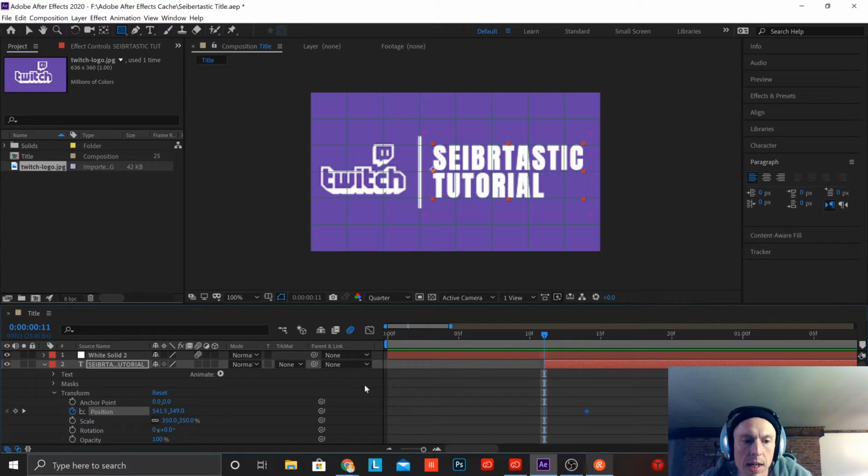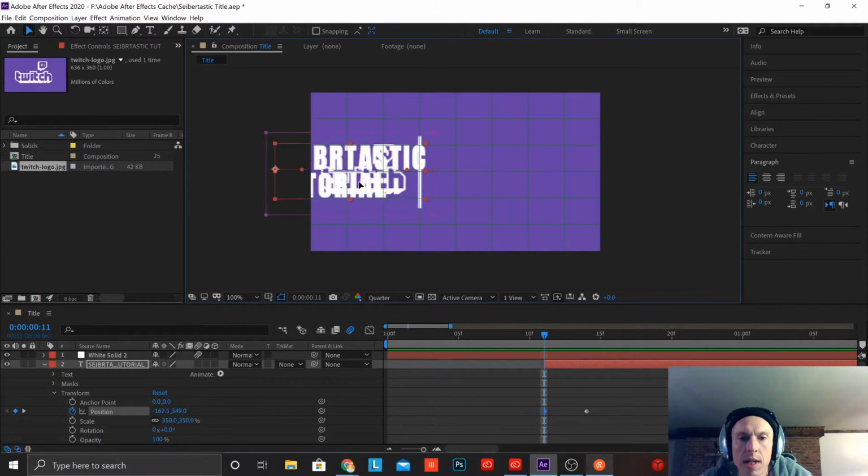Now my beginning anchor point, I want to make sure my selection tool is selected. I think I want this to be over here. I don't know if this is going to work. All right, so here's what happened. When I move that position, I create another keyframe, but my mask, if you see, my mask is attached to Cybertastic tutorial. I don't want my mask to stay attached. I want my mask to stay over here. So if I go to this mask